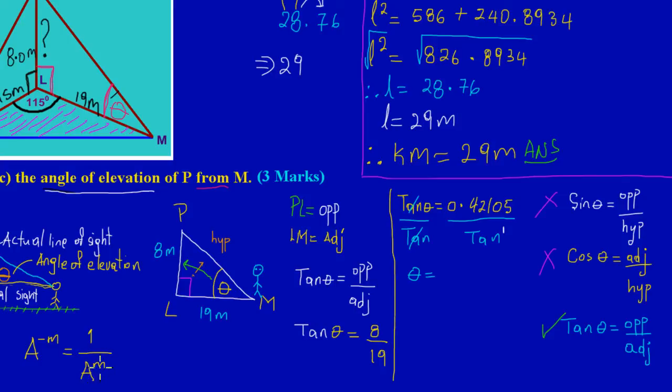So if you notice, when the power was down here, it's positive in the denominator, but as soon as I flip it and take it up top, because really this is a to the negative m over 1, what I did was just flip it around, meaning the inverse, and the power becomes positive when it's down here. So when it comes up top, it will become negative. If you make that comparison to my right here, where we have tan to the positive 1, I'll have to take up the tan in the numerator. When I take it up in the numerator, I will now have tan inverse. My positive 1 in the power will become a negative 1. Tan inverse of